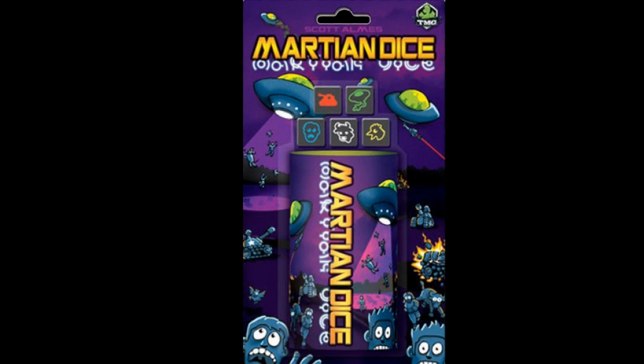My number 3 is Martian Dice by designer Scott Olms, I believe. You have about 15 dice. You roll them all at once, and then you pick groups of either cows, people, or chickens to save, and you can only save one group at a time. But sometimes you're going to be rolling tanks, and you have to get death rays in order to fend them off. In order to score points, you have to have at least as many death rays as you have tanks